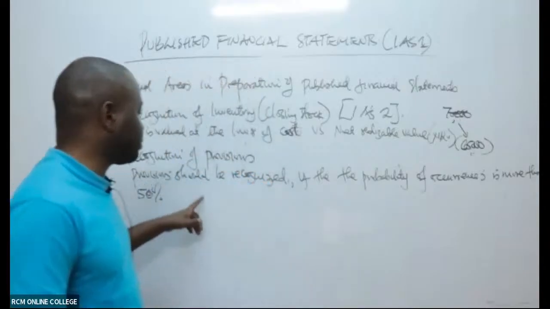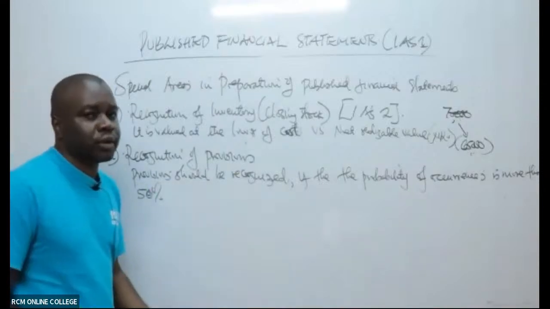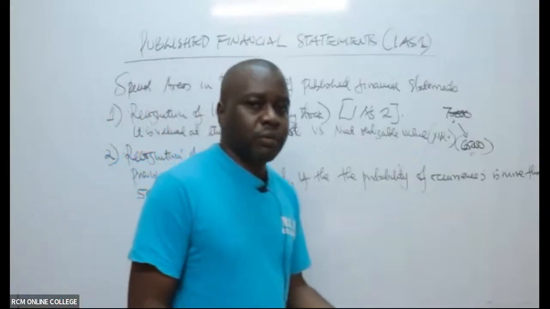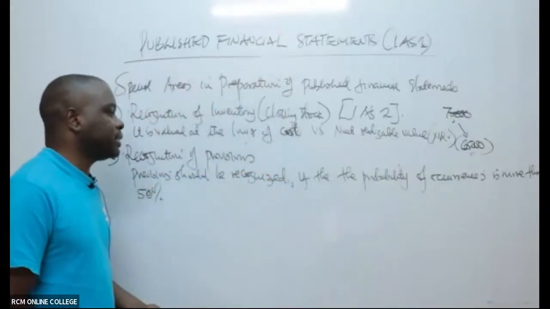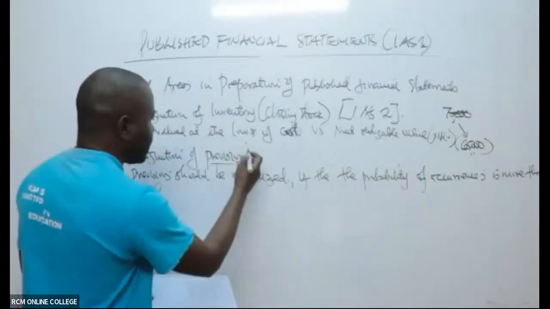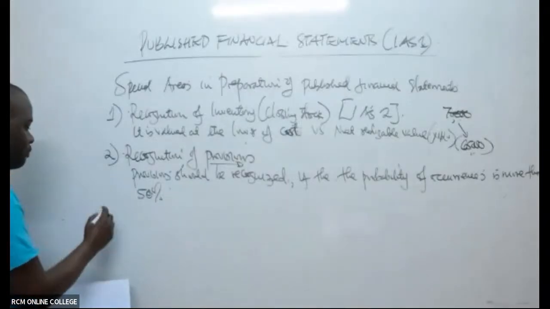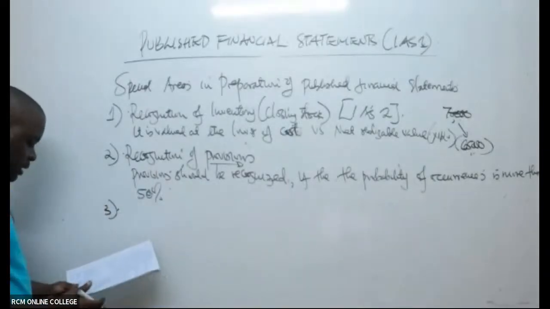So it means you have to do what? Make a provision. So you'll have to recognize it as part of the expenses, for example, when you're coming up with the income statement. When you're recognizing provisions, if there's a high chance of occurrence, then you must be able to provide for it in the books of accounts. Then number 3, another item,